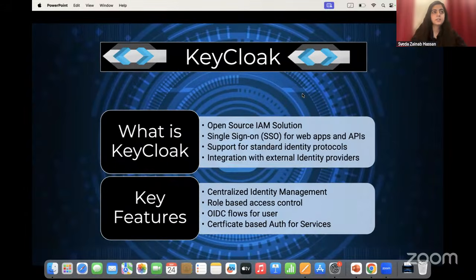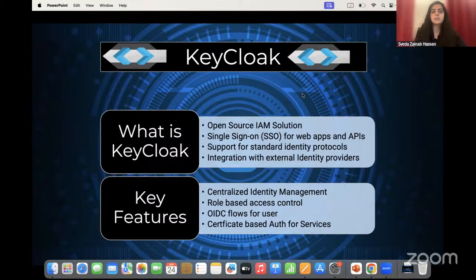Keycloak. Let's first discuss centralized identity and role-based access control. While the mesh enforces how the services communicate, we must also control who is allowed to act within our system. We're going to use Keycloak as a centralized identity provider for both the users and the services. Keycloak supports OAuth 2.0 and OpenID Connect, which are essential for modern APIs and machine learning pipelines because they enable fine-grained token-based access control. When a user logs in, they authenticate through Keycloak and receive a JSON Web Token encoding their identity and group membership.